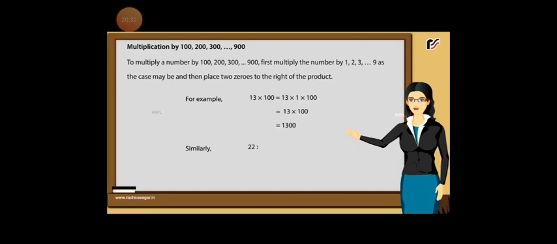Similarly, 22 into 200 is equal to 22 into 2 into 100 is equal to 44 into 100 is equal to 4400. Multiplication. So as you have seen in this video that how to do the multiplication with 100, 200,